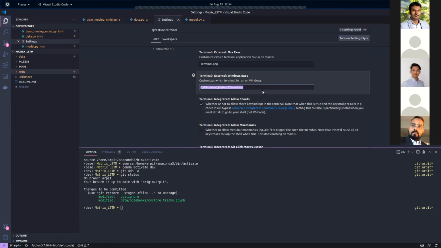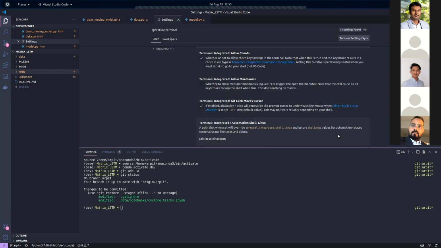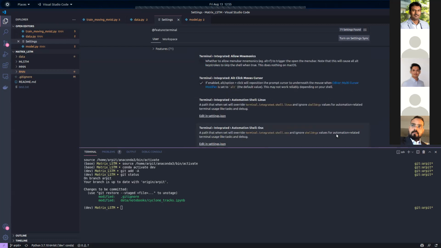Your Anaconda PowerShell is actually a shortcut to the PowerShell with some additional parameters. So if you right click on your Anaconda PowerShell and look at the command that it's actually calling, you can copy that command from there and paste it over here, right? And it will replace your terminal with that.